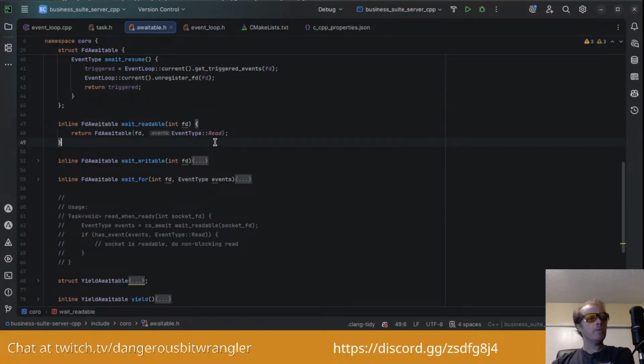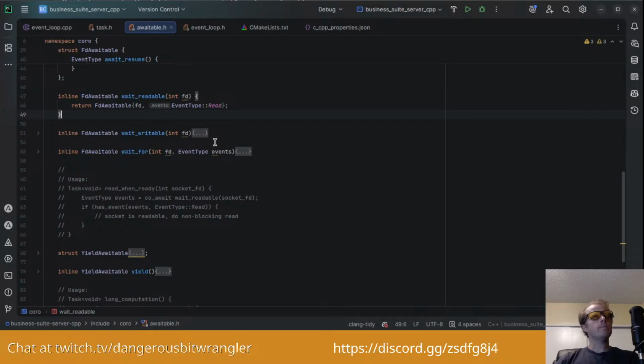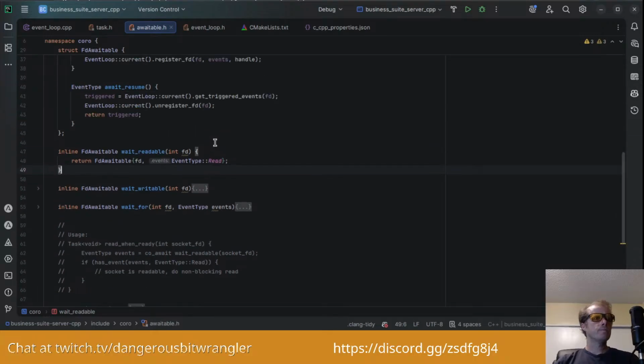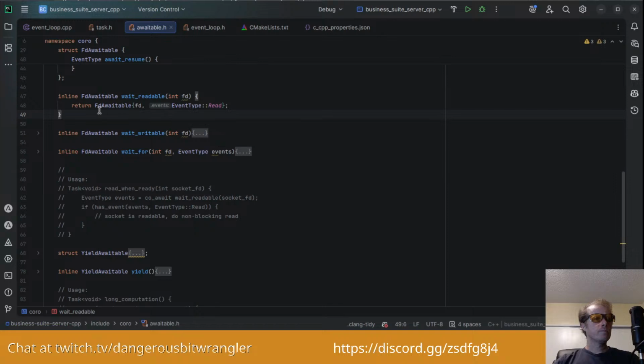Okay, so let's see here, FD waitable. So this is an inline, so I guess the compiler can just drop this code right in place where it's referenced, and also it'll keep it from having multiple definition errors because it's not actually defined like as a named function.